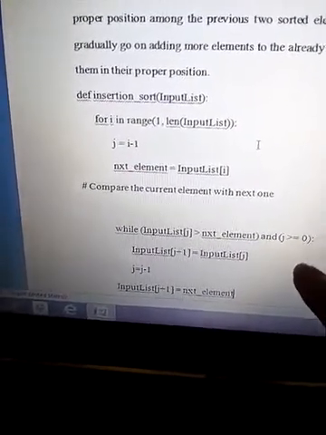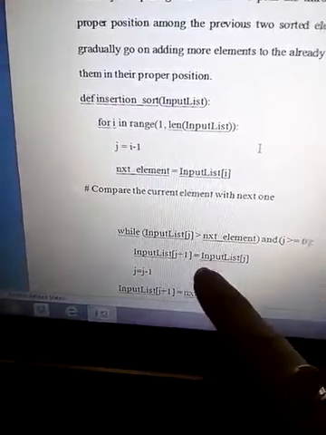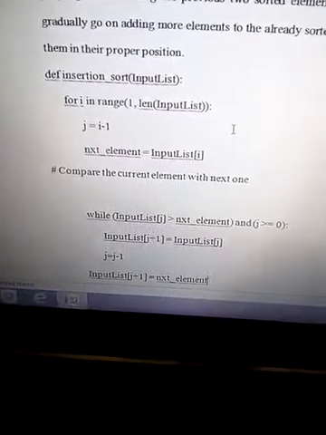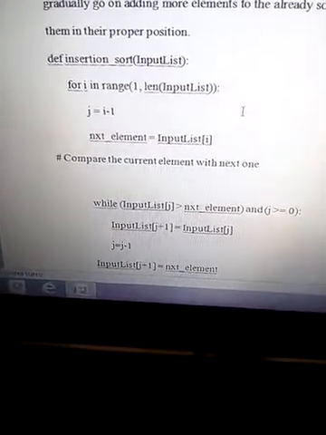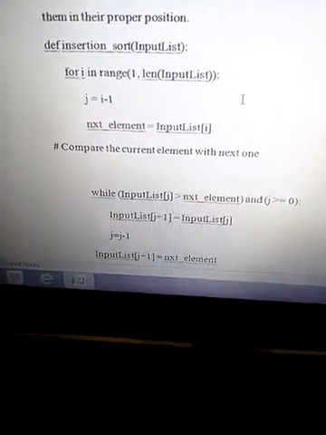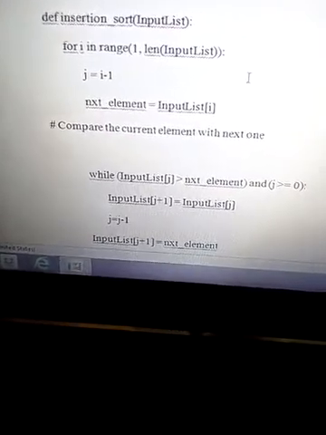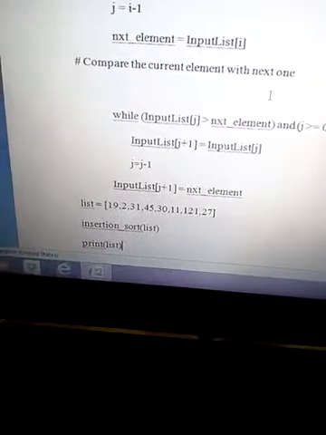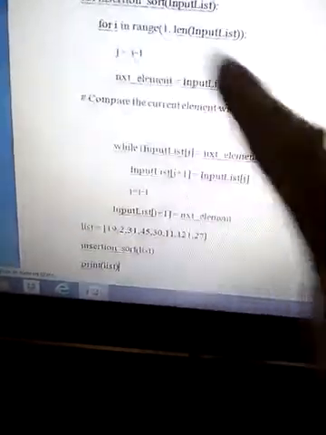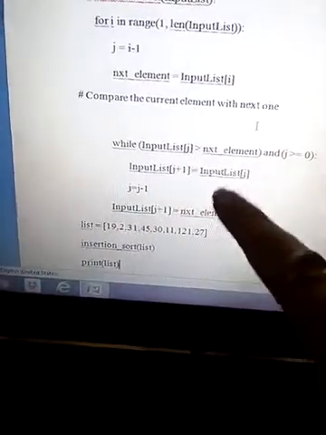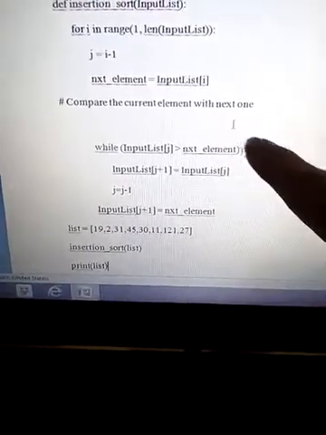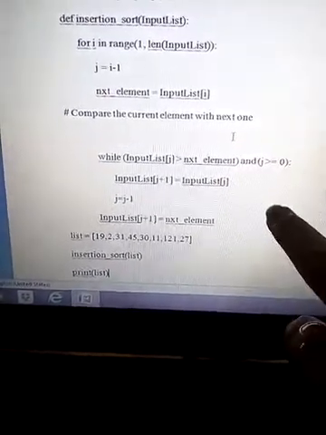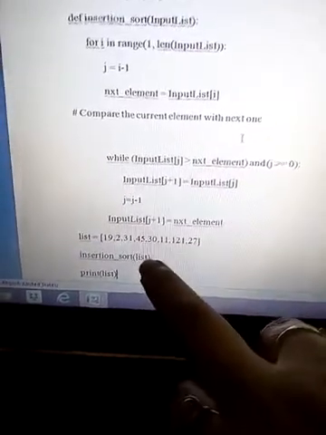So again what would we do here? Now again it would take input_list[j + 1] is equal to next_element, that means the first element would be assigned to the first place here. Now again the instructions have to be followed in the same order. We have to keep following all these statements, all these instructions again and again while the condition is true. Now if the condition is false here, only then it would exit from the loop.